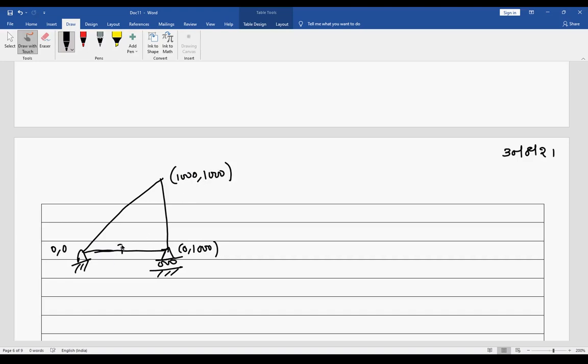Okay, now let's call these element 1, element 2, element 3, and node 1, node 2, and node 3.